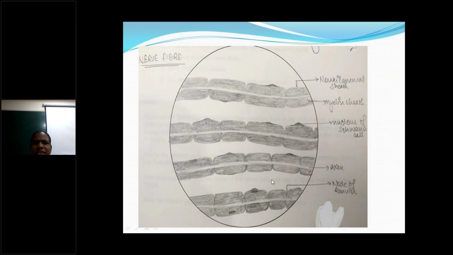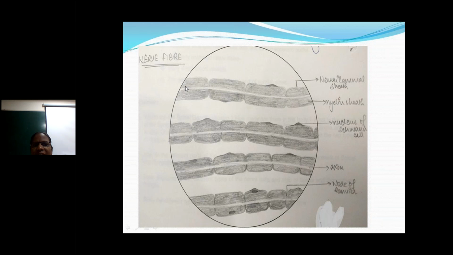Okay, that is about the CVS part. Next, coming to the nerve fiber. In the nervous tissue, we are seeing the slide of the peripheral nerve fiber, LS and TS. In the peripheral nerve fiber part, we are seeing only the bundles of the axon. The center part, the light color shaded part, we call it the axon.